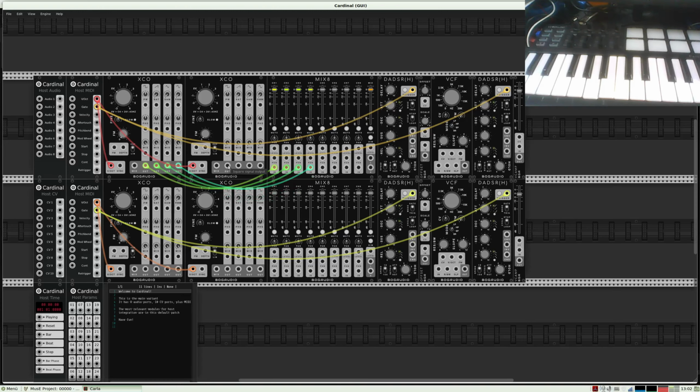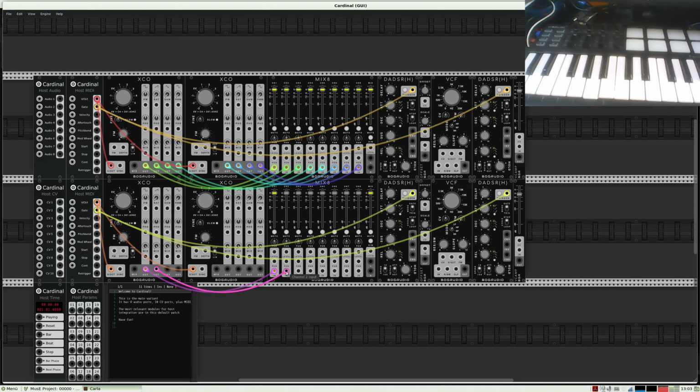And the second oscillator is connected there. And I do the same here for the synthesizer. It's connected. No, this is the right one.